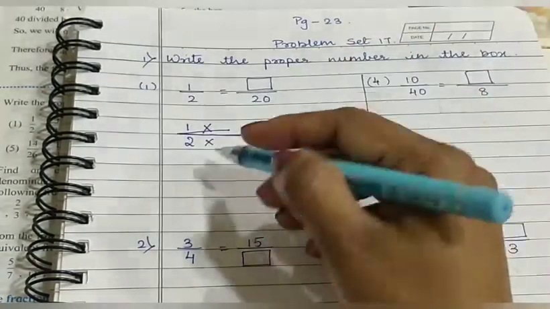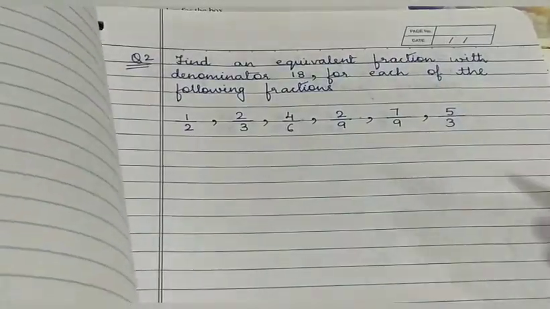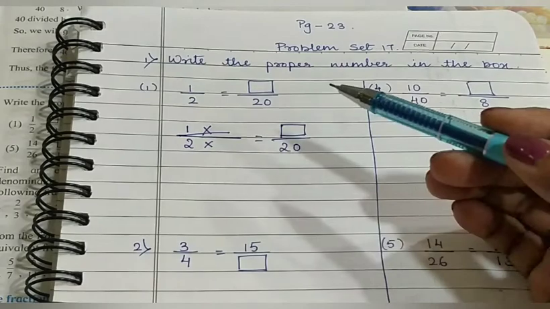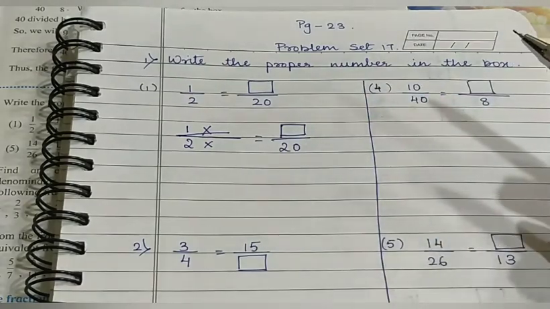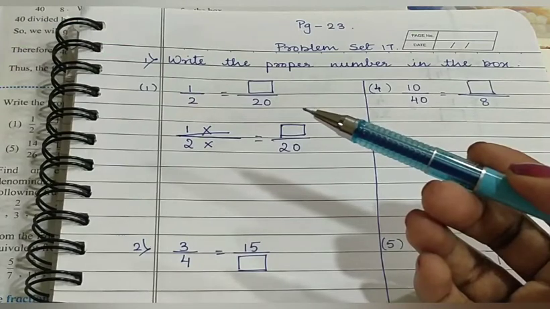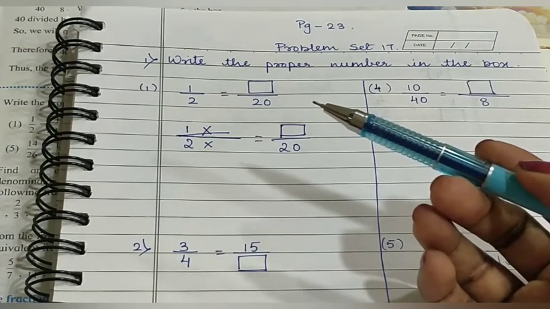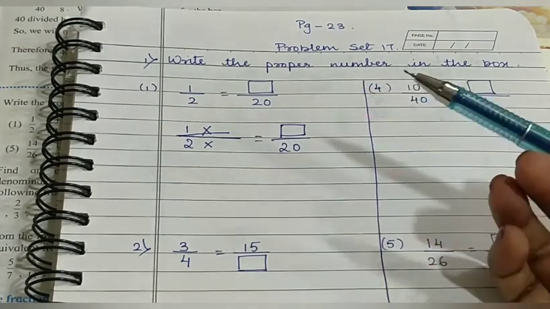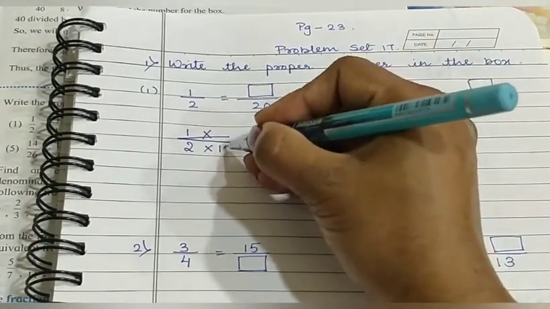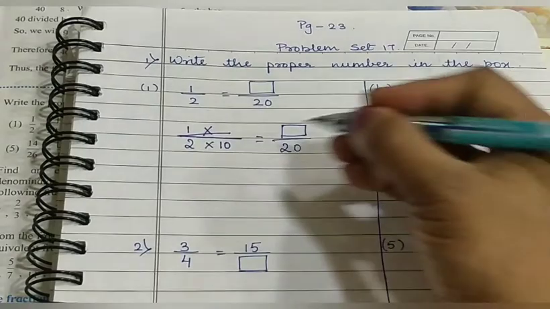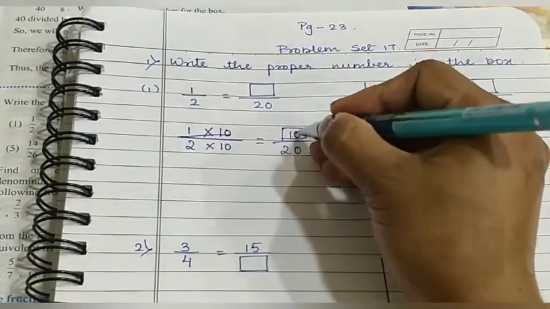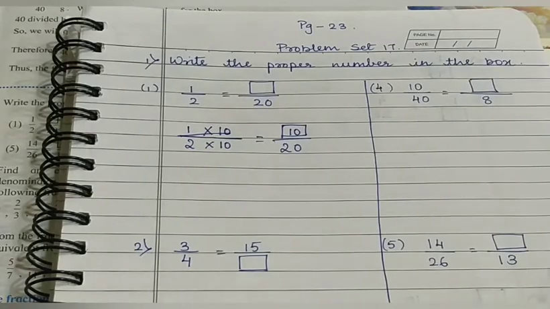This is multiplication. 2 ones are 2, 2 twos are 4, 2 threes are 6, 2 fours are 8, 2 fives are 10, 2 sixes are 12, 2 sevens are 14, 2 eights are 16, 2 nines are 18, and 2 tens are 20. So 2 multiplied by 10 is 20, and 1 times 10 is 10. So this is your answer. Okay children,